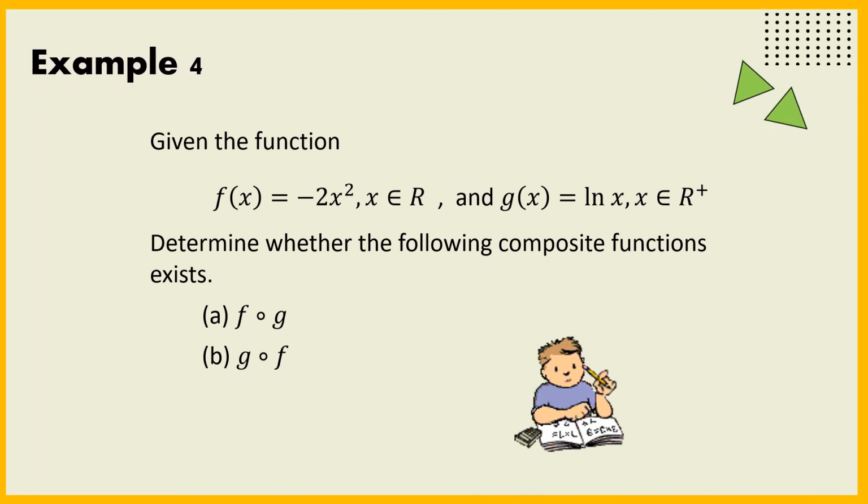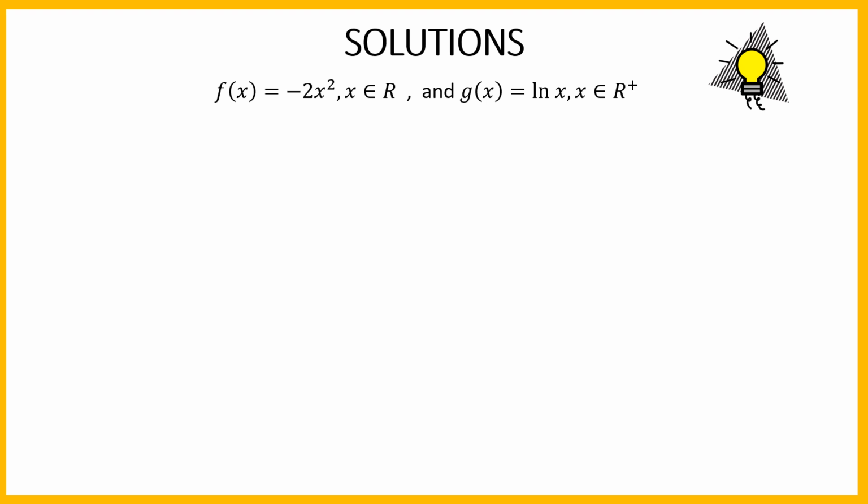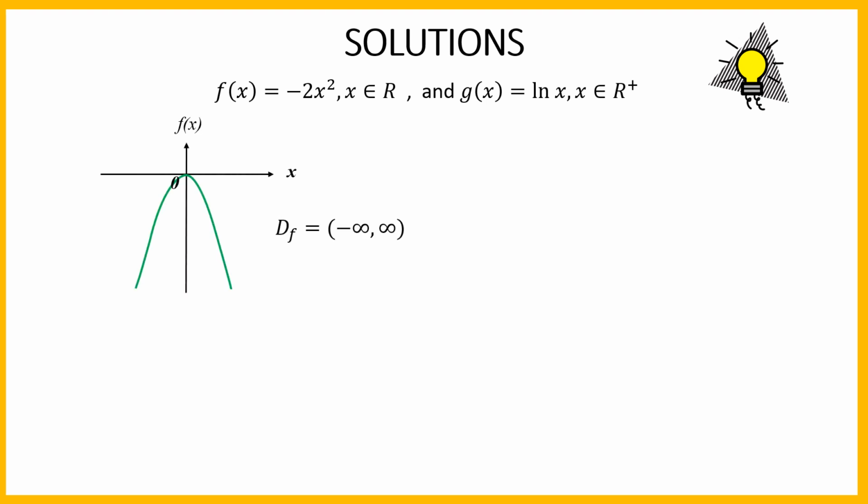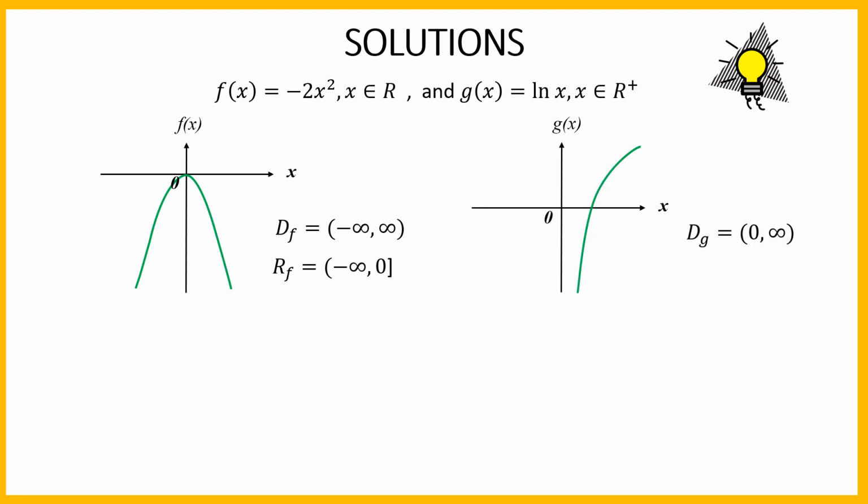Example 4 is another example on the existence of composite functions. First, let's determine the range of the two functions for the given domain. This can be done by sketching the graphs of the two functions. From the graph of f of x in the domain from negative infinity to infinity, the range of f is from negative infinity to 0 inclusive. And from the graph of g of x in the domain from 0 to infinity, the range of g is from negative